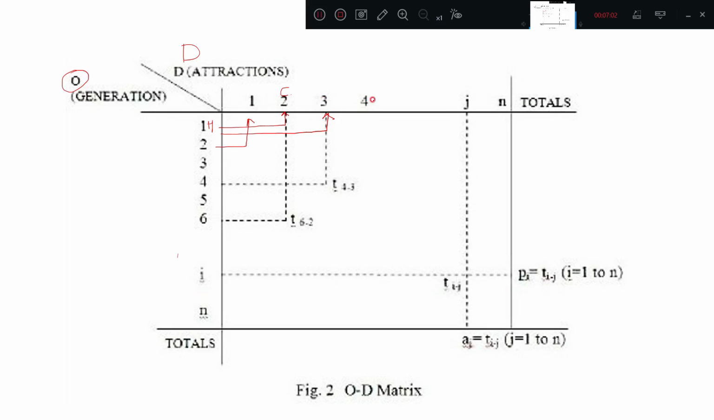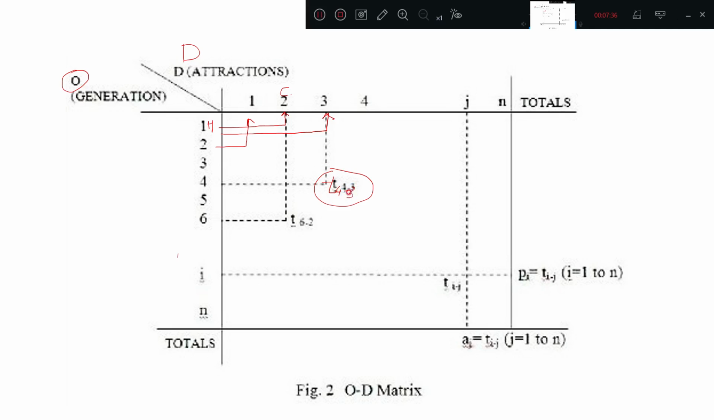Like this, there may be n number of zones. So we are mentioning it as 1, 2, 3, 4, 5, 6. It may be like this, n number of zones. So here I am taking till J. And here, with respect to origin, 1, 2, 3, 4, 5, 6, till n number of zones may be there. That is the ith trip we can see. So if you want to mention this particular trip, this will be